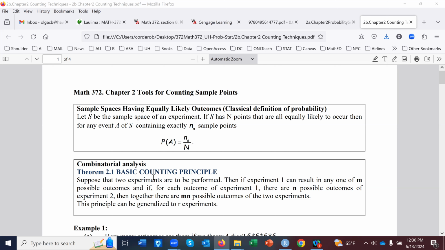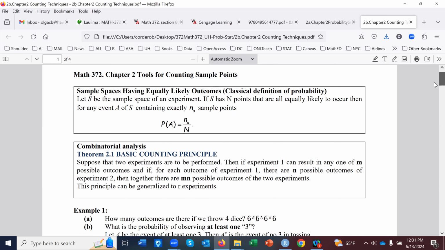Suppose that we have two experiments to be performed. Then if experiment one can result in any one of m possible outcomes, and if the second one results in n possible outcomes, then in total there are m times n. So I roll a die. How many possibilities do I have? 6. Then I roll a second die, and I also have 6 possible outcomes, and that's why when I roll 2 dice, there are 36,